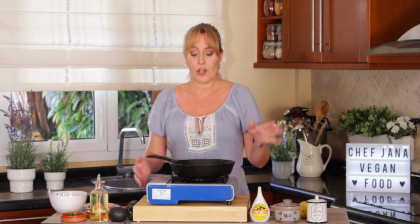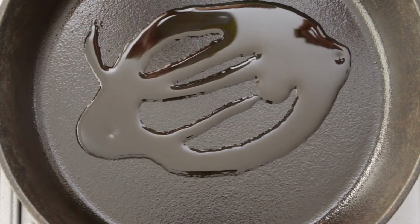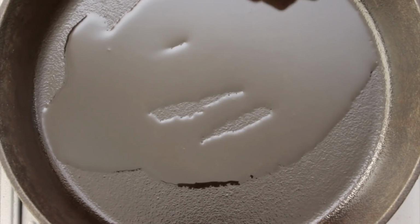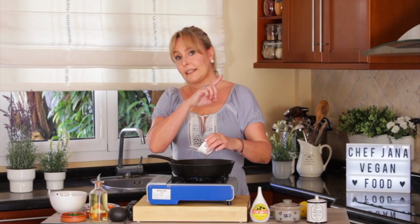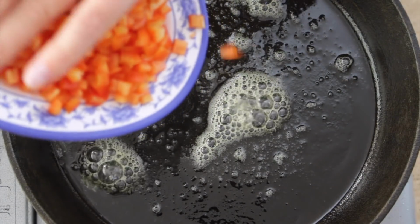All right, and now that our fish is in the freezer, we are going to make the Florentine sauce, which is super, super easy. And you know, when I say easy, it's because it is, okay? So we start with a little bit of oil in a skillet. Of course, I'm using my cast iron skillet because you know I love it. A little bit of vegan butter. Click there if you want to know how I make my vegan butter after this video. And when it's hot, you add